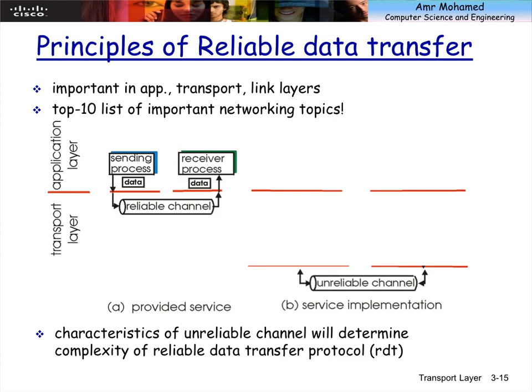So as we said before, reliability itself has multiple forms and multiple levels. And the characteristics of the unreliable channel will dictate the complexity of the transport layer protocol to provide reliable data transfer over an unreliable channel.